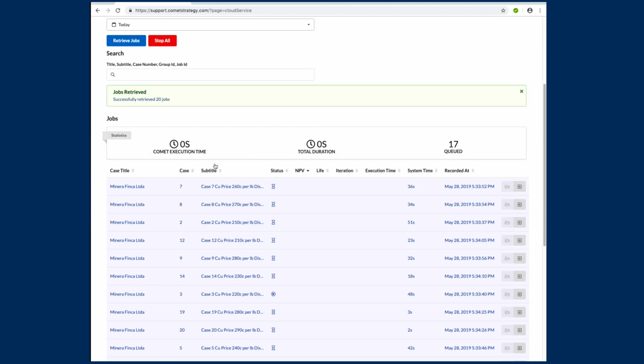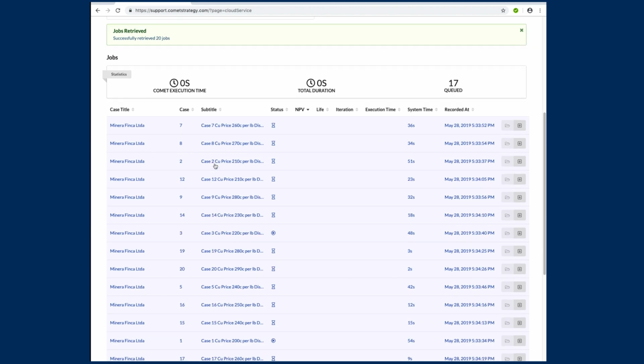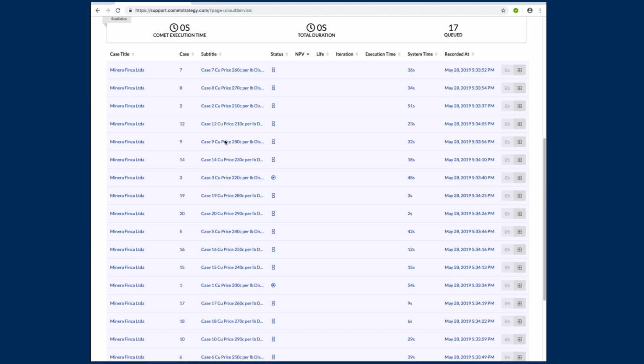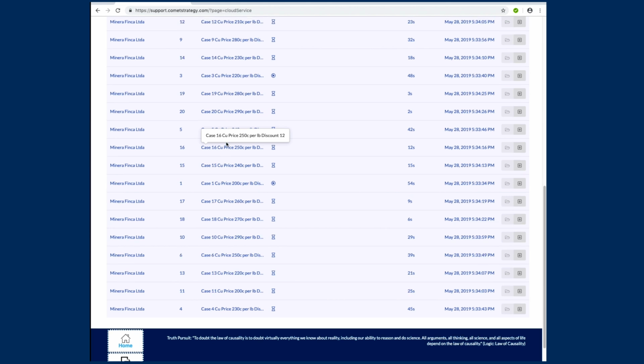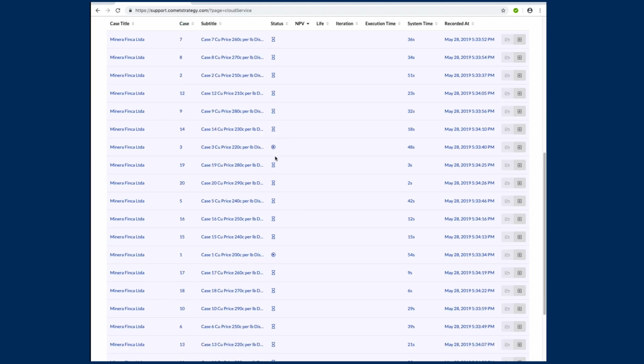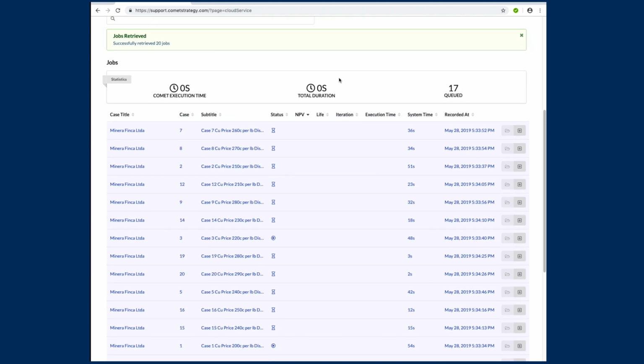And then here you can see our 20 cases and see the status of them all. So far, a lot of them have been queued but haven't been started. You can see that there's this one, a container has been started to start running it. It often takes 30 seconds to a minute or two to start a container. If we click refresh again,